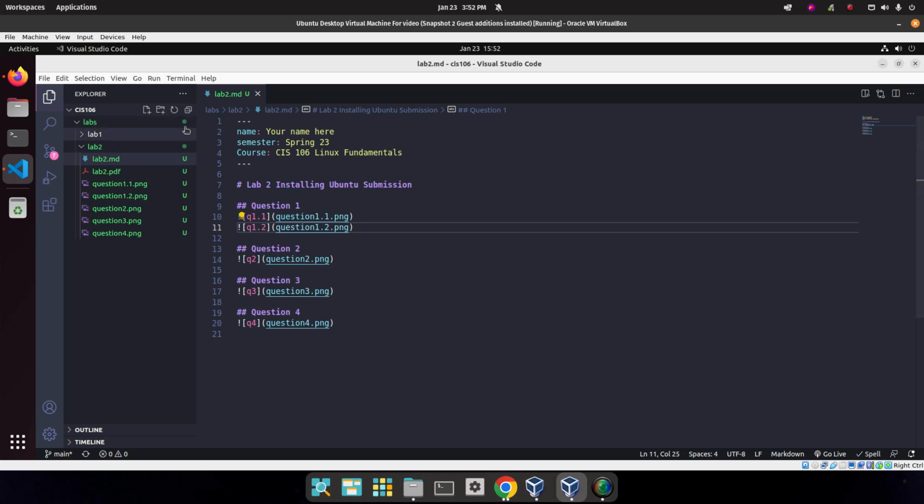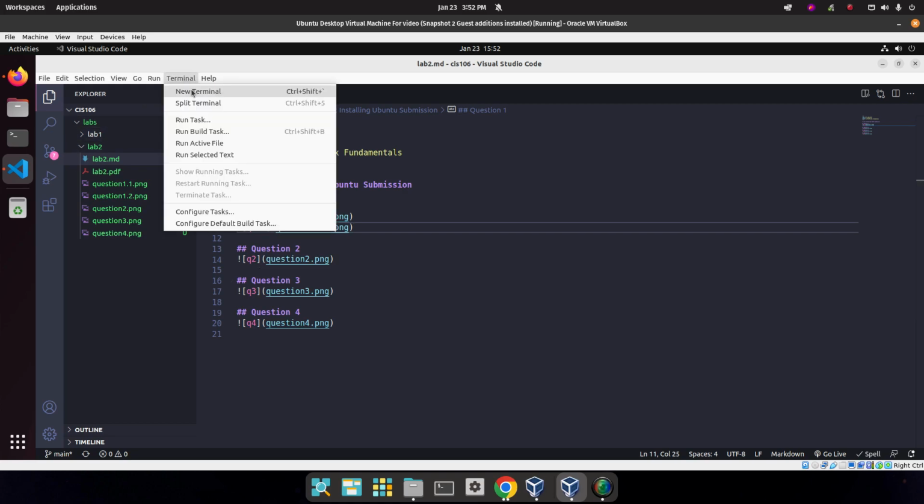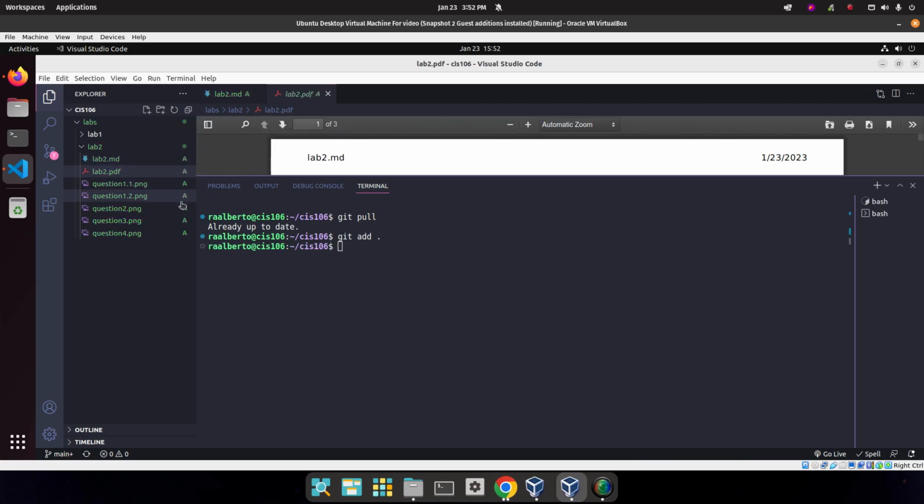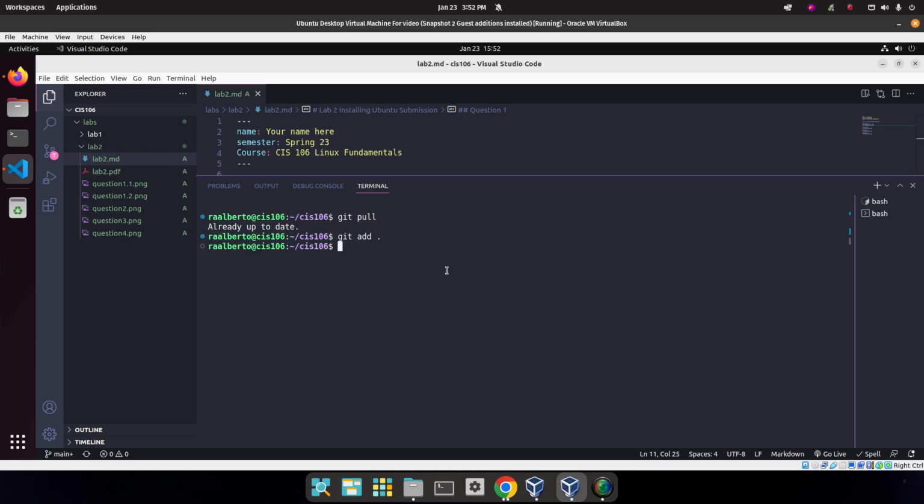Now, what we're gonna do is we're gonna open a terminal. We're gonna click on new terminal. Then here we're gonna do git pull. Okay, so we know that what we have sent to GitHub and what is in GitHub is correct. So we're gonna git add period. Okay, notice that now this changed to added. Now we're gonna do git commit -m